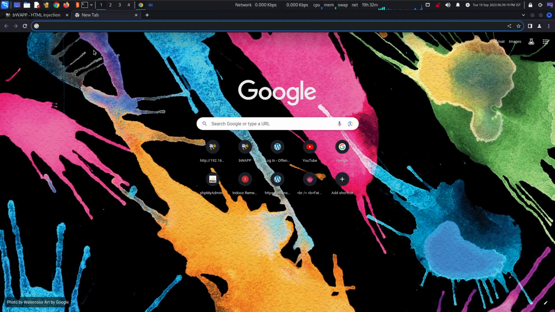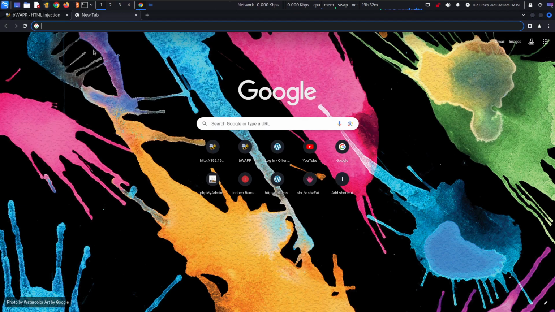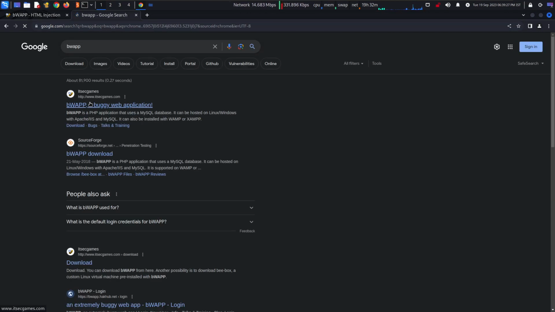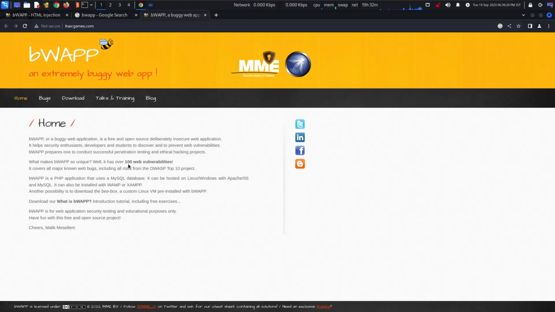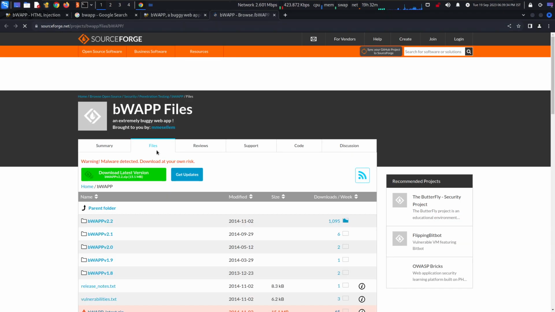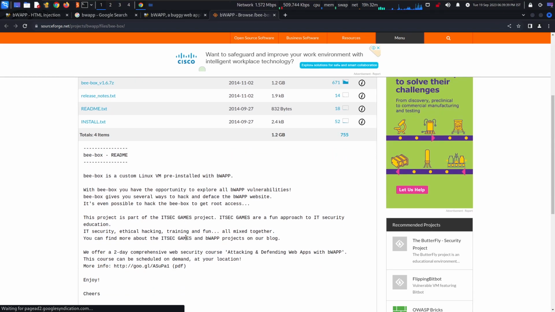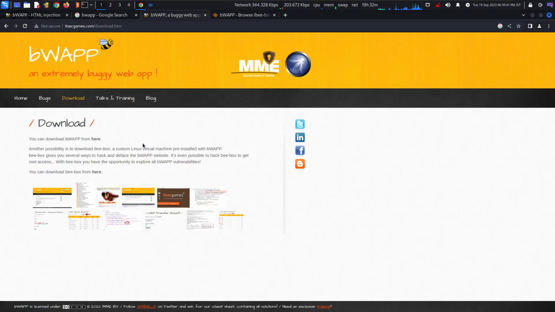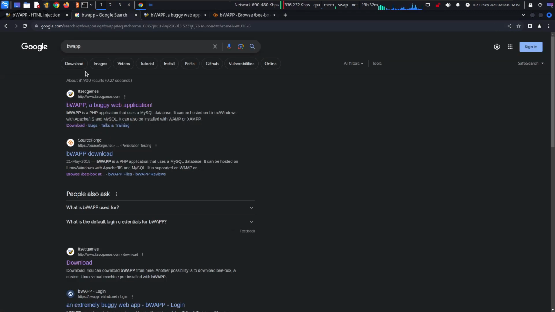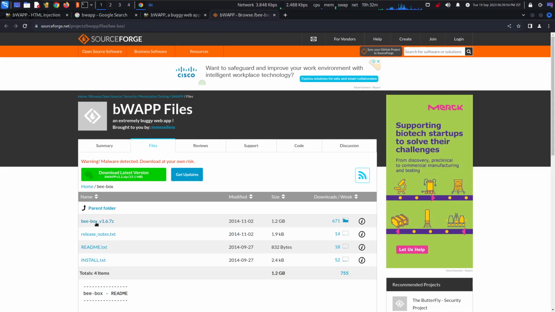If you go on Google and search bWAPP, there is a 100 vulnerable bug download, bWAPP or bee-box. You go on the first link, then click here. You can download the bee-box from here, and then click on this,